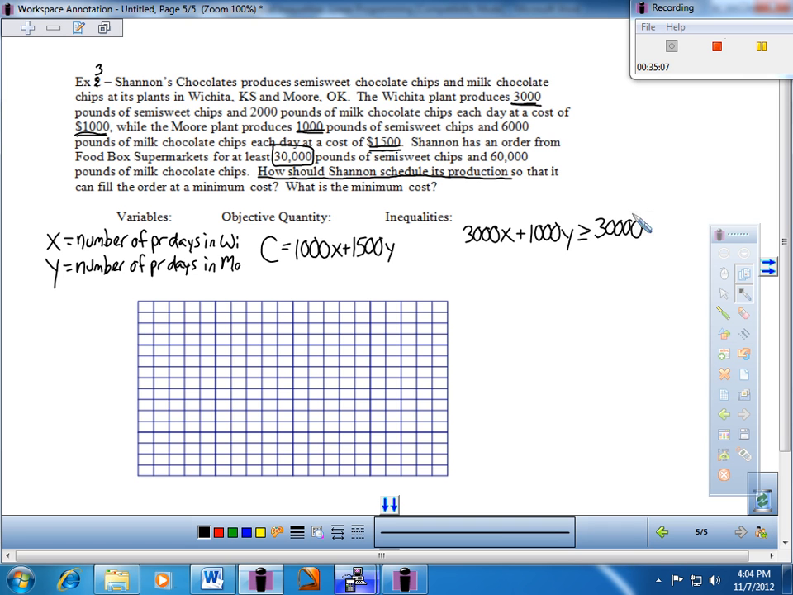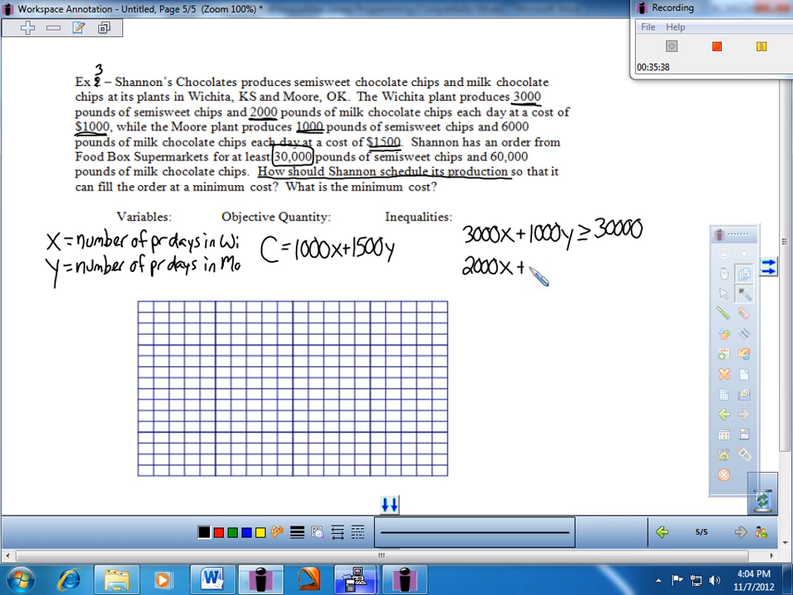Now the other, and again, I'm just trying to account for all the numbers. She has to have at least 60,000 pounds of milk chocolate. Well, where's she getting the milk chocolate chips from? It looks like some from the Wichita plant, 2,000 each day. So let's get that in place right away here. 2,000 pounds of milk chocolate chips every day that the plant is open, so times the number of days that it's open. And then plus, of course,